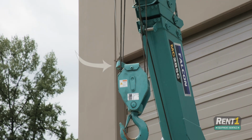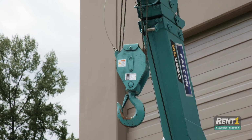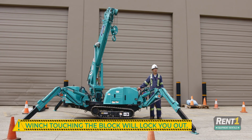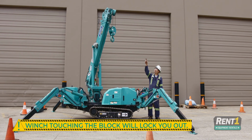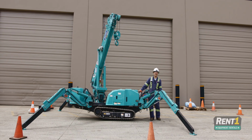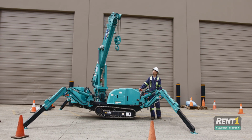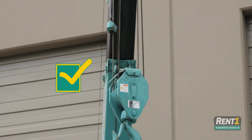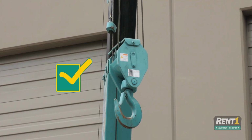If at any point the winch block touches that block, it will lock you out. This is to prevent you from blocking those 2 sheaves together and damaging the unit and putting yourself in danger. To get yourself out of this, simply winch down until it's no longer touching. If you find yourself in a position where you have the unit 2 blocked,